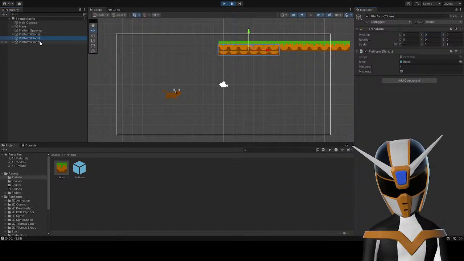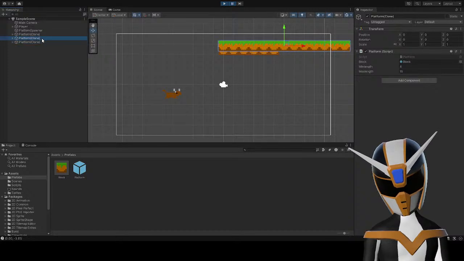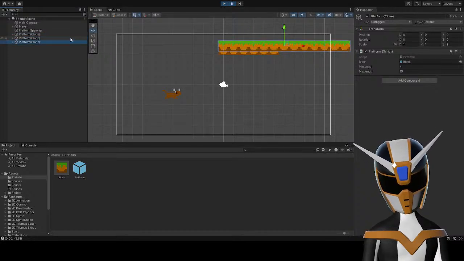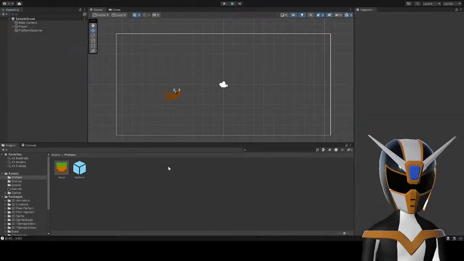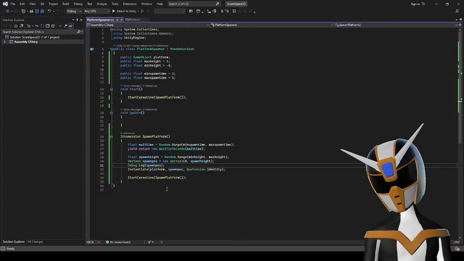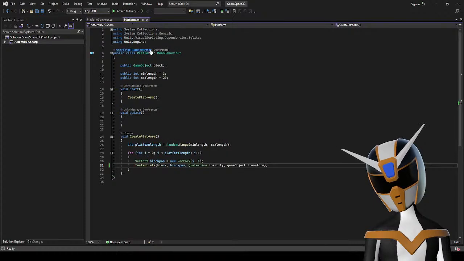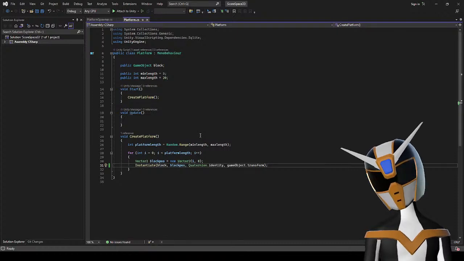What? These are all at Y0, but they're clearly in different places. Okay, you know what? I think I'll instantiate the platform and then move it in the platform script. That's what I'll do. Can I do that?